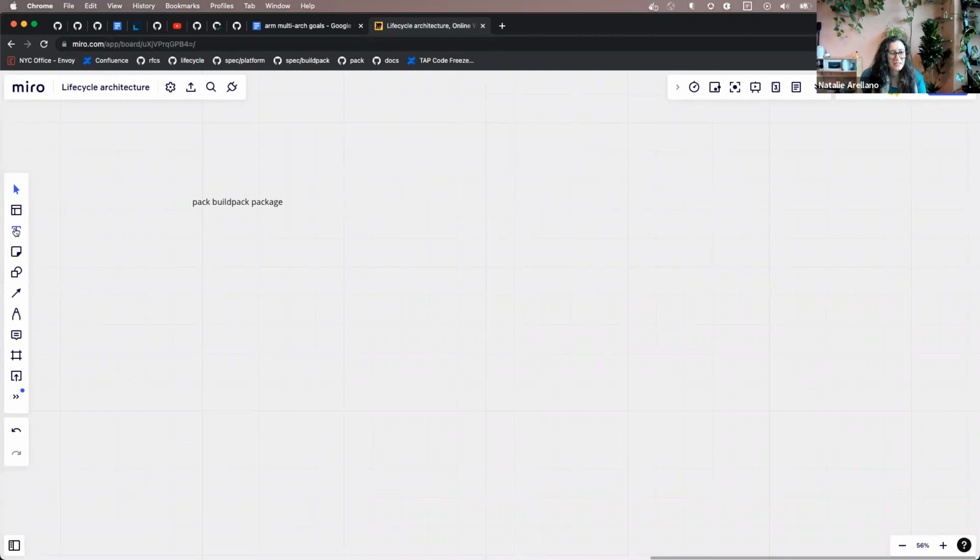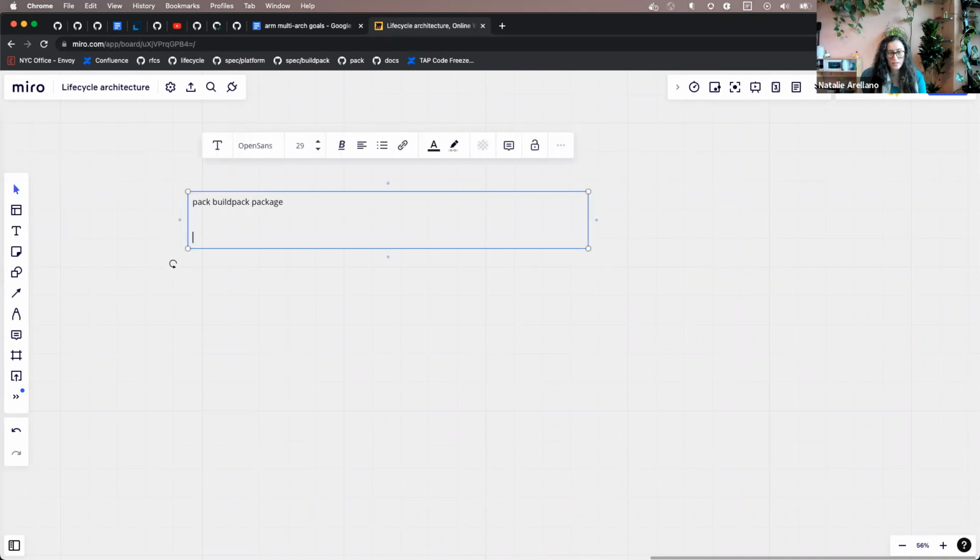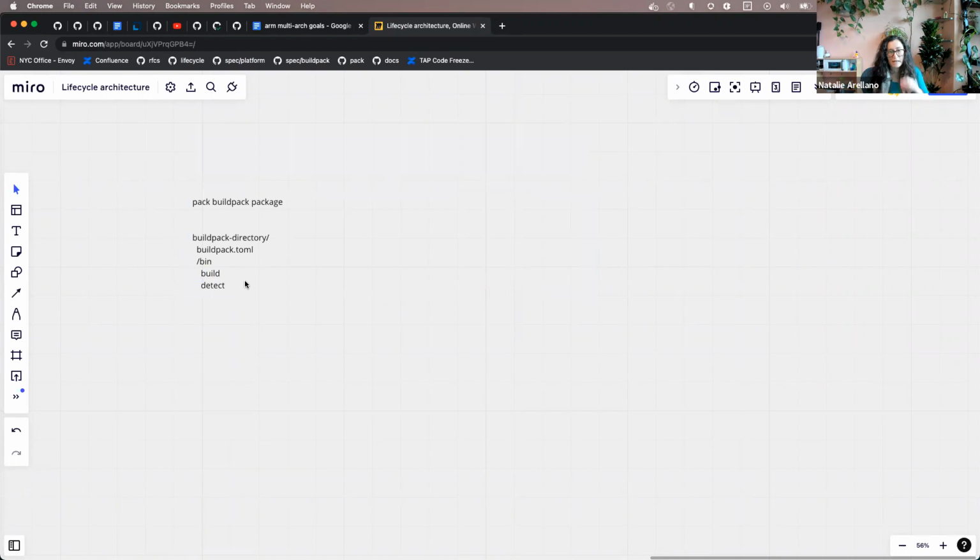So you have your buildpack directory, and that contains your bin, and that contains a build, and that contains a detect. Something like that. And in addition, you have a buildpack.toml.